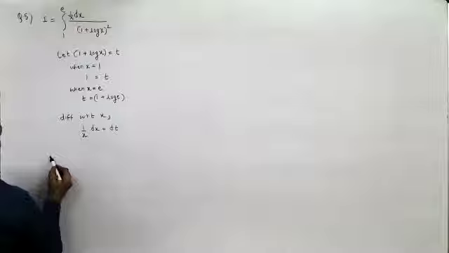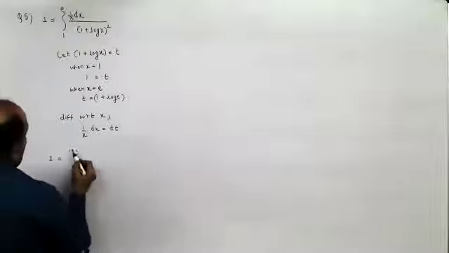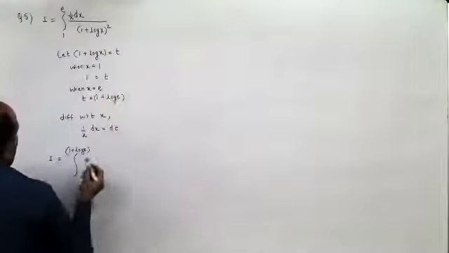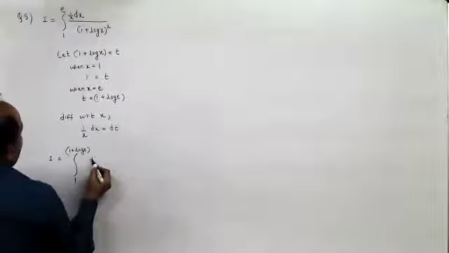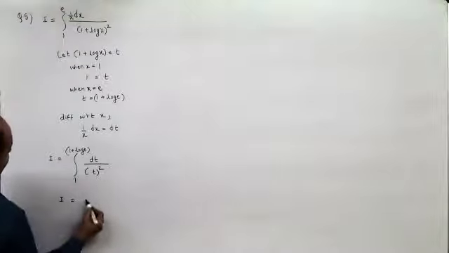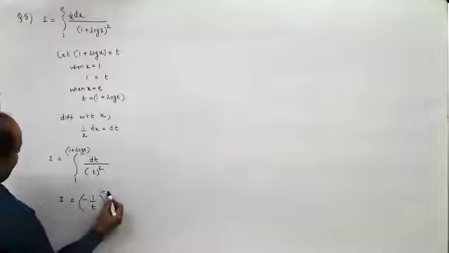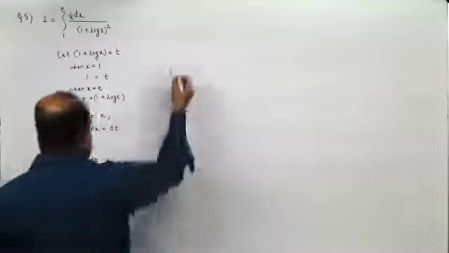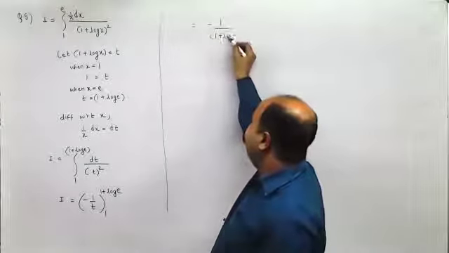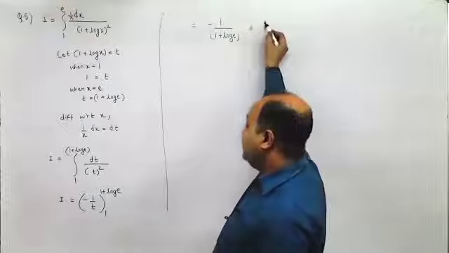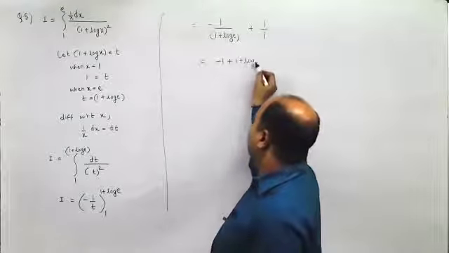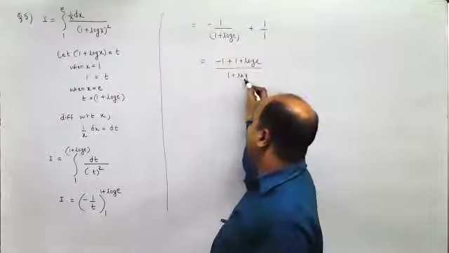So this would be I equal to, instead of e, you would get 1 plus log e. Instead of x equal to 1, you will get t equal to 1, and then 1 upon x dx is dt, and 1 plus log x is t, so this is t squared. So this is minus 1 by t between 1 plus log e and 1. First I will take 1 plus log e over here, so I would get minus 1 upon 1 plus log e. Then I will take plus 1 upon 1. When I take the limit, I get minus 1 plus log e upon 1 plus log e. How is the answer different?